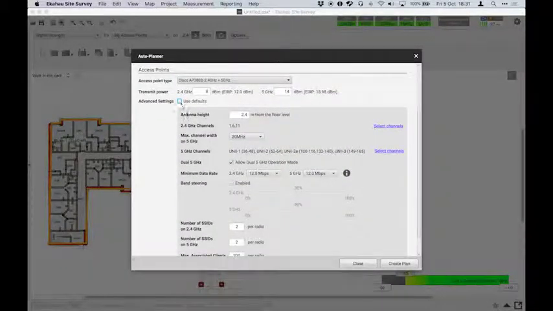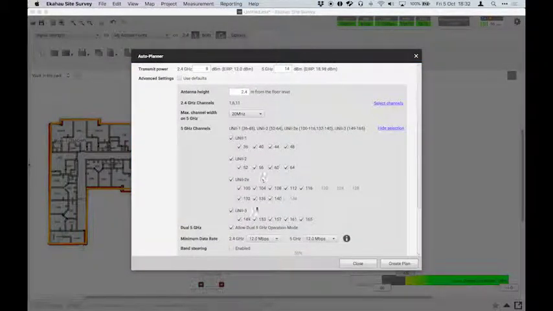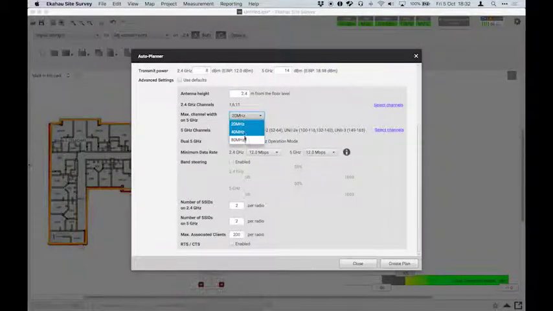We can also do some advanced settings here. We can specify antenna heights, so if we're working with a higher ceiling in the site, we could specify all access points to be at a different height. We can specify the channels that can be used. For example, I can expand here what 5 gigahertz channels we're allowed to use here in Australia. This will be different depending on what regulatory domain you set the software to. And you can change the channel bandwidth in here. You also have an option, I'll show you after this, where you can alter the channel planning separately. From a capacity point of view, we can allow dual 5 gigahertz operation on applicable access points,